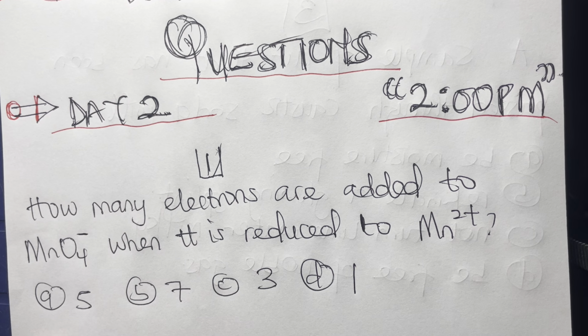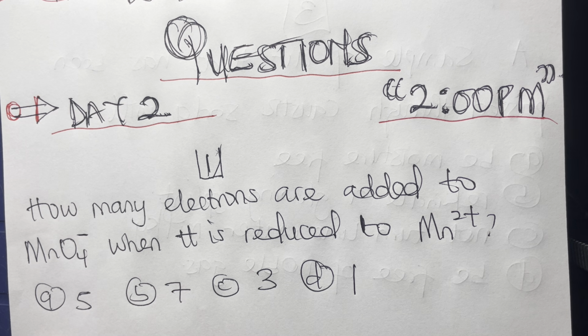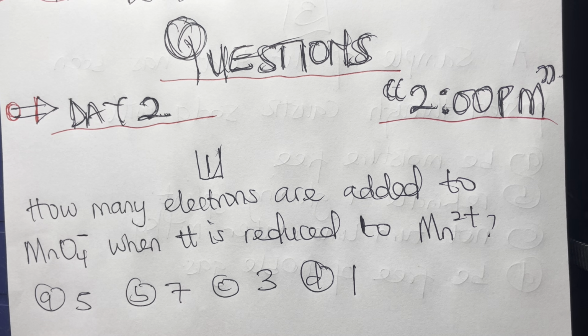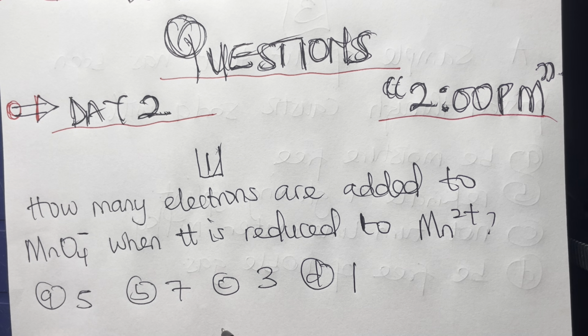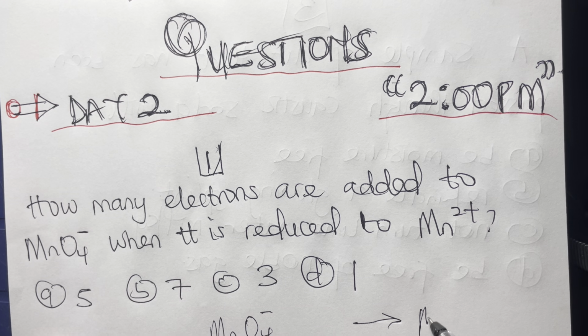First question says: how many electrons are added to MnO4 minus when it is reduced to Mn2 plus? So by the time this is under oxidation and reduction, talking about redox, you understand? So this is going to be something like MnO4 minus, then it is reduced to